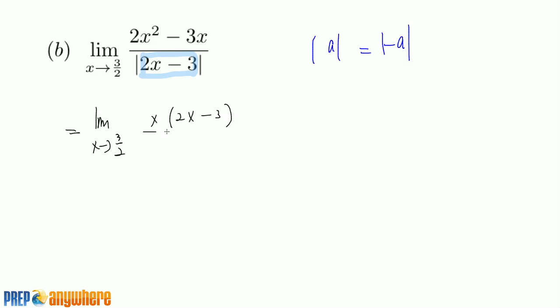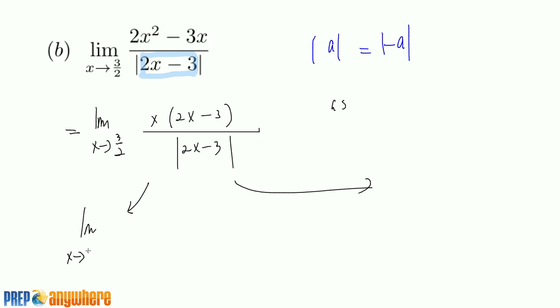Right? Okay. Now, so let's now split into two cases. The left hand limit and the right hand limit. So when it's smaller than 3 over 2,